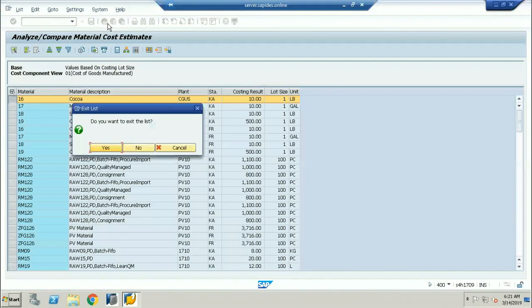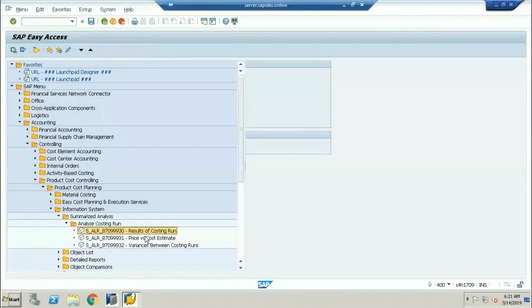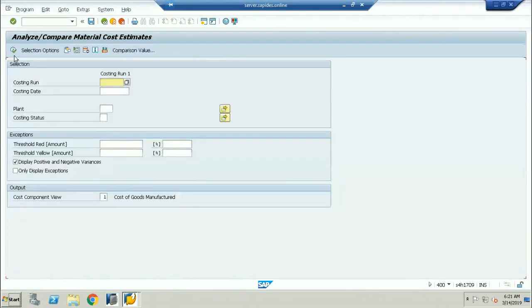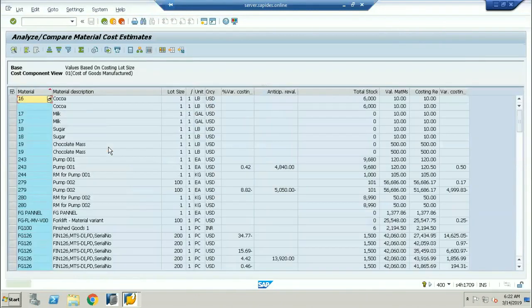Yeah, you can use this particular report. There are some other reports also, like the price, and what the actual price was, the cost estimation. So you can also use this report. But in Fiori also we now have a lot of reports. You can see the complete costing variant run, a complete report of each and every material wise with the description, here in Fiori.